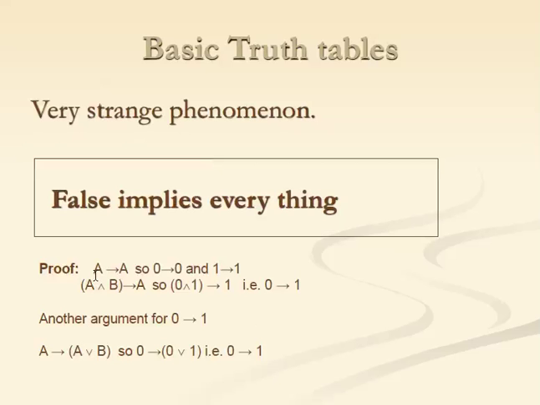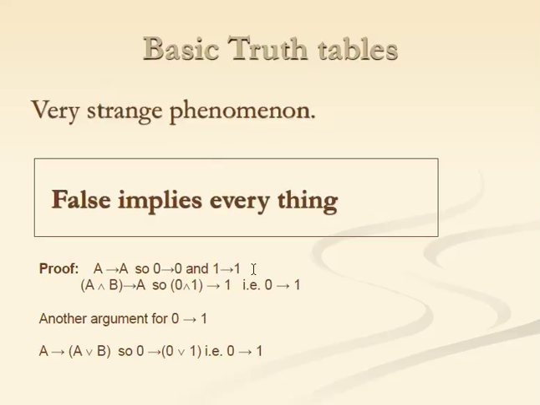There are different proofs, but one argument was the one I have done already. In some sense, A implies A has to be a true statement. That must be true. A implies A is a true statement. Because, again, if you think about the promise, if A is the case and I promise A, then you can never break that promise. It's clearly a true promise. But now, if you plug in the truth values and substitute for A false, then we get false implies false, or 0 implies 0. And the same here, 1 implies 1.